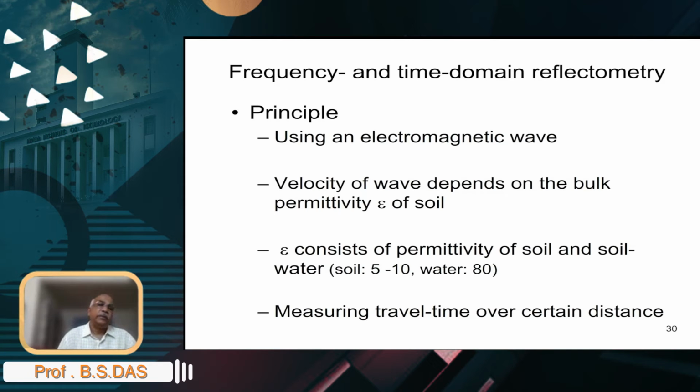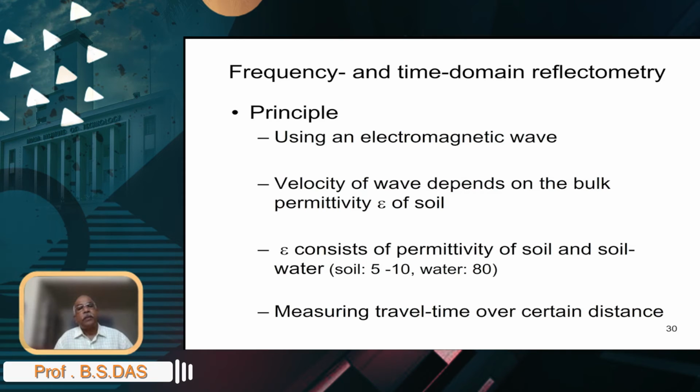So here, the basic principle is that if you pass electromagnetic waves through the soil, water being a dipole, polar, it would get polarized because of the electrical field, and you change that electrical field,